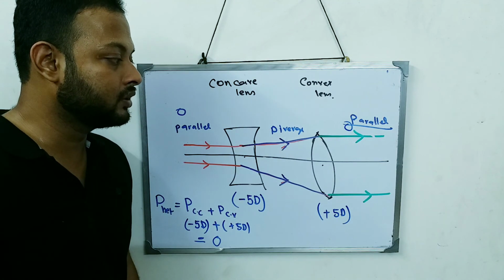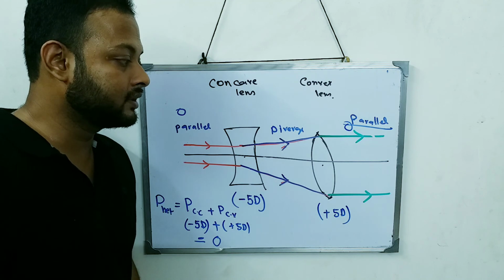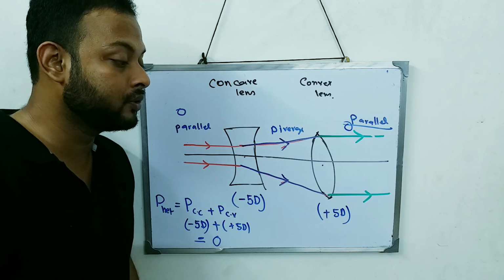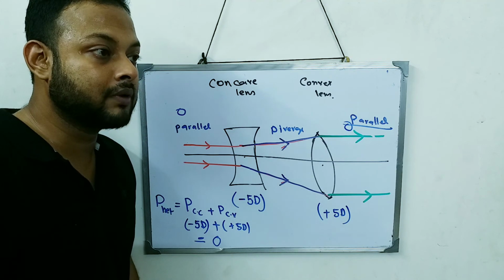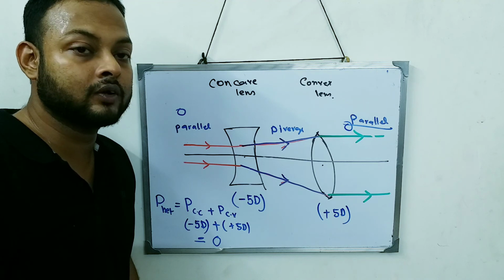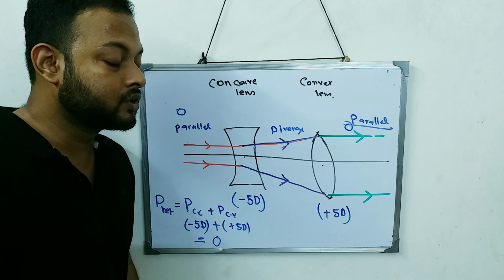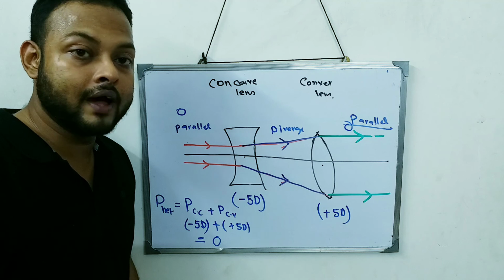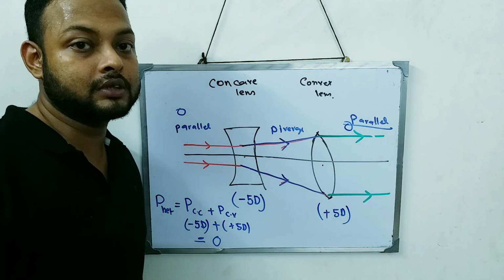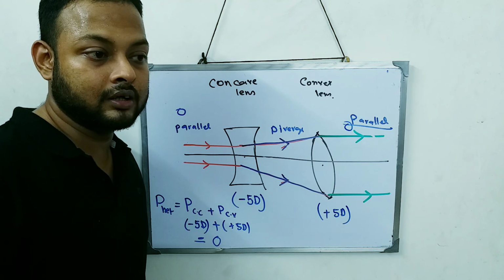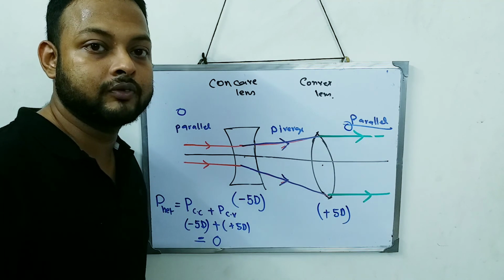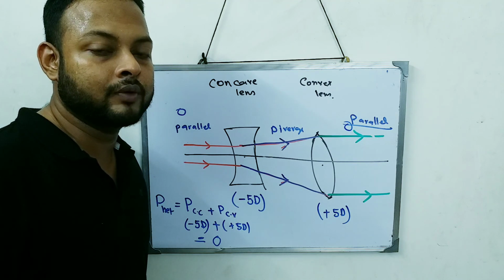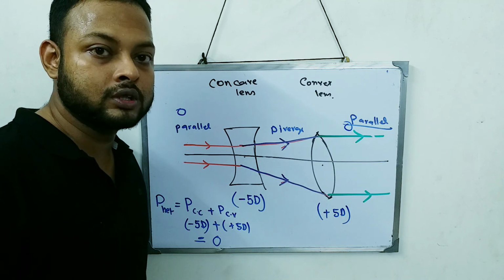So I hope you understood this topic. This was the last part of this chapter, refraction through a lens. This is lecture number 10. I hope you have seen all the previous parts of this lecture: the diagrams, the numericals, and all the basic important points. By this, I hope your board syllabus of this chapter has been covered. Do practice the sums and the diagrams, because that is where the questions generally come from in your board exams. If you see the last 5 or 10 years of question papers, they normally came from the diagrams or the numericals. So stress more on those areas.